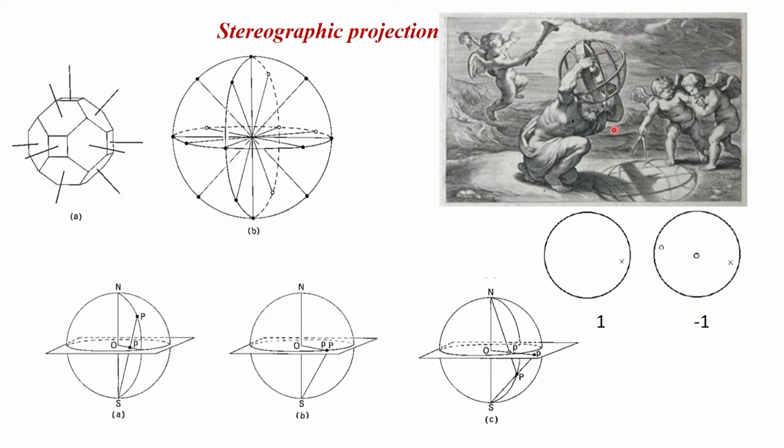So this diagram is telling us the story of Atlas. This is Greek mythology. Atlas is carrying the earth on his shoulder, and these two angels want to measure, just like us, the distance between Bangalore and Mumbai. So they are holding this divider, and then this angel, the third one, is helping them out by shining light on this, so that we get a projected image of the